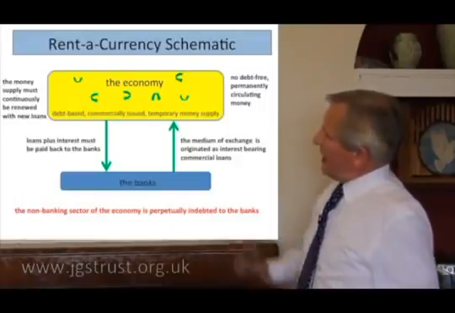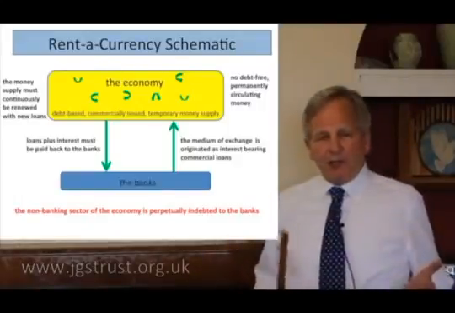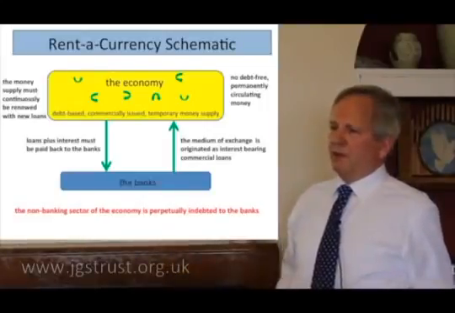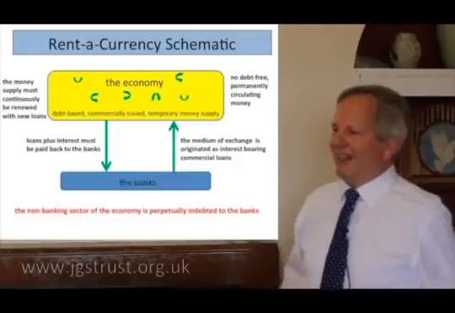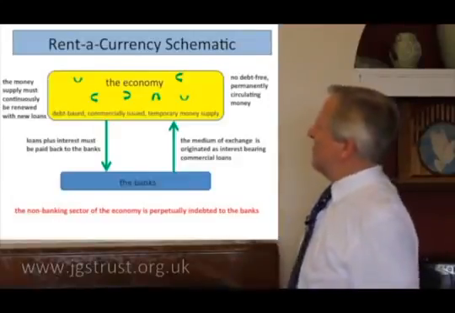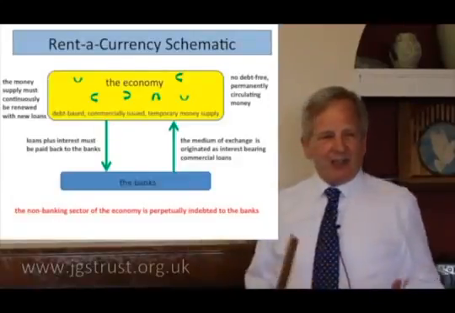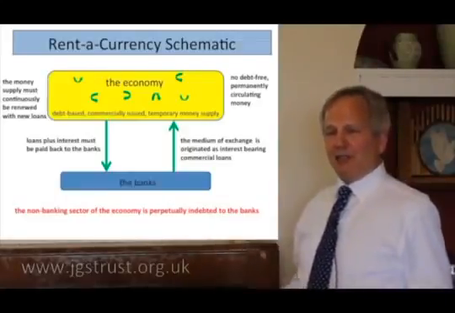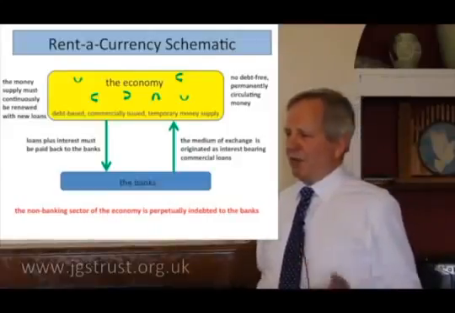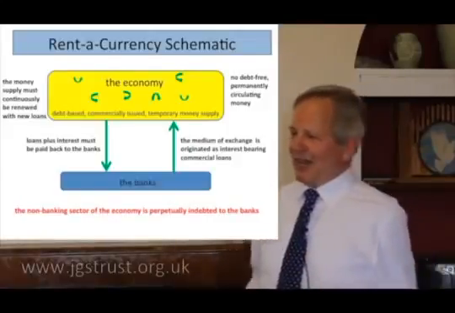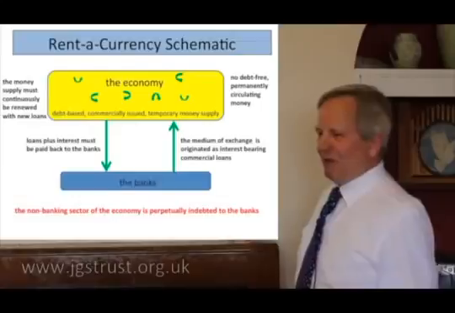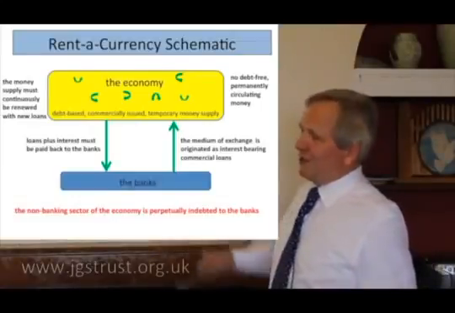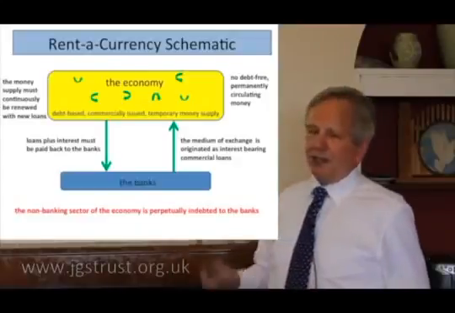So the banks extract wealth from the economy by renting to us a bunch of numbers. It's quite a good business, isn't it? And of course the numbers they get back as interest are just as good as any other numbers, and they can spend those numbers back into the economy. And you'll notice bankers have pretty good cars and bonuses and houses and so on. They accumulate a lot of wealth by charging us to use their numbers.